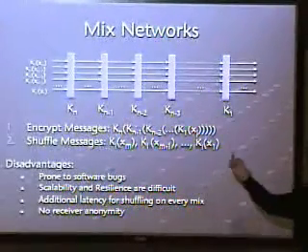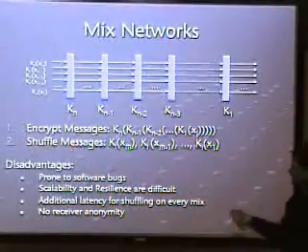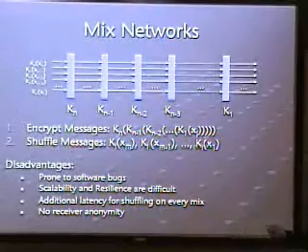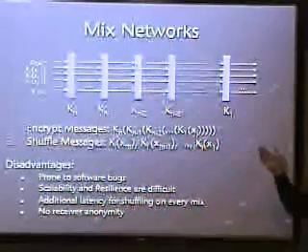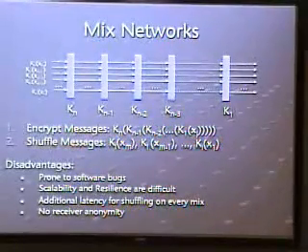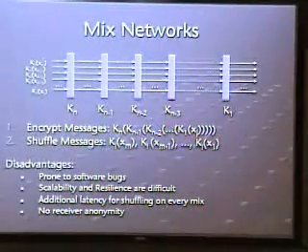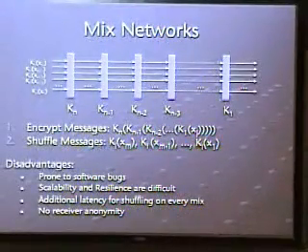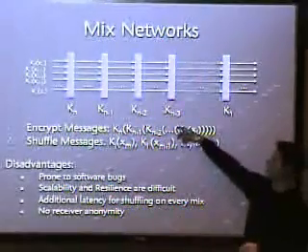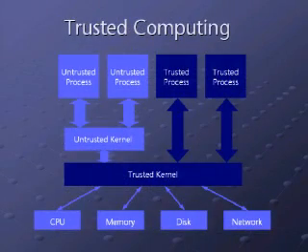Every node that is sending has to know all the public keys in advance. Then there's an additional latency for shuffling on every mix, because every mix has to get a certain number of messages before it makes sense to protect against traffic analysis. If there's only one message traveling through the whole mix network, it's basically useless. And the last one is there's no receiver anonymity. The sender has to know who he is sending to, so he has to know all the public keys along the path. So Alice always knows who Bob is in this mix network.